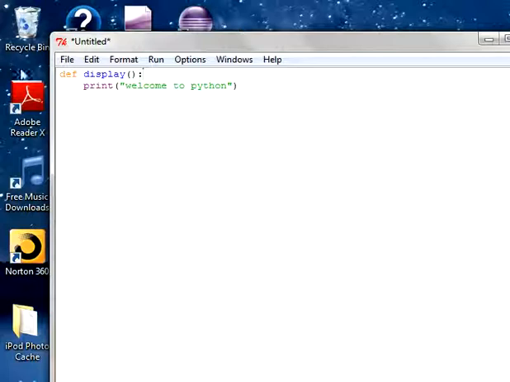So this is the syntax of the function: the def keyword, the name of the function, and then you need to define the function after that. If you do only this much, you are not going to execute the function because it's only defining it. You need to call the function, then only will you get the output on the screen. So in order to do that, I'm going to write the function name. I'm calling it. The function call should be the same as the function name. I'm going to call it here.